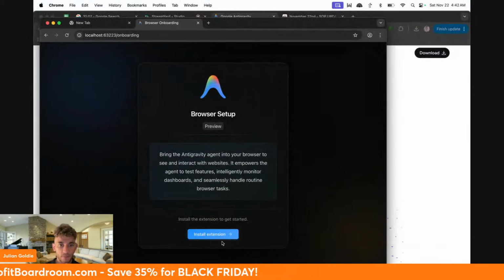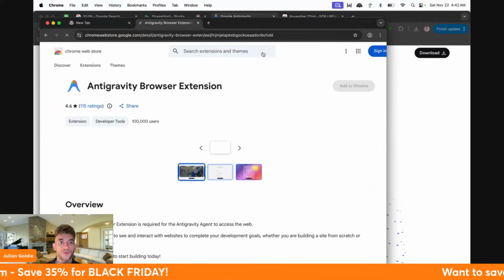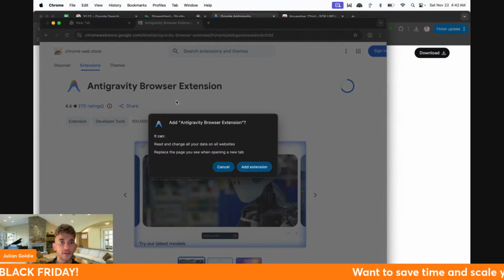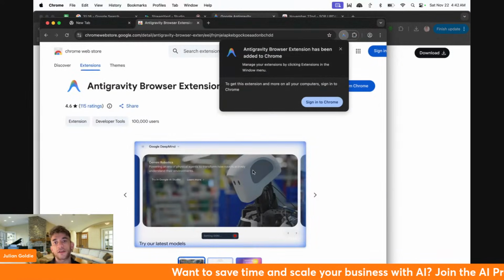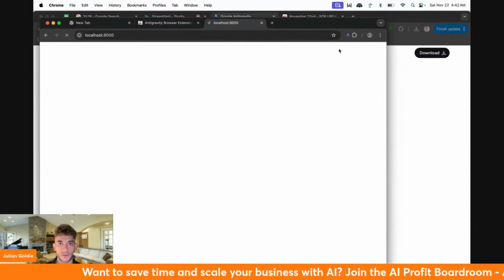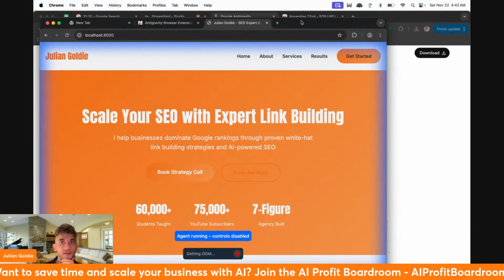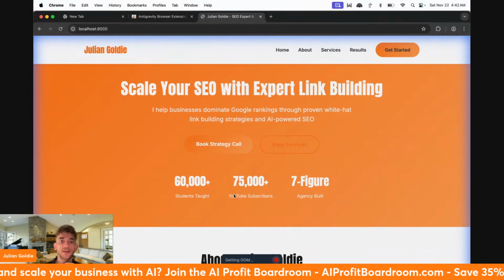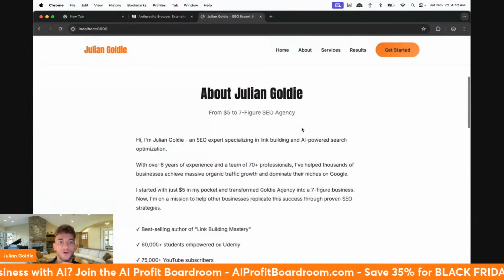So if we go over here, we can just install this extension for the browser. We'll add that to Chrome. And this is Google's Antigravity browser extension, which allows you to test what you build inside the agentic browser, right? So you can see now we've got this example of the page that we've created,